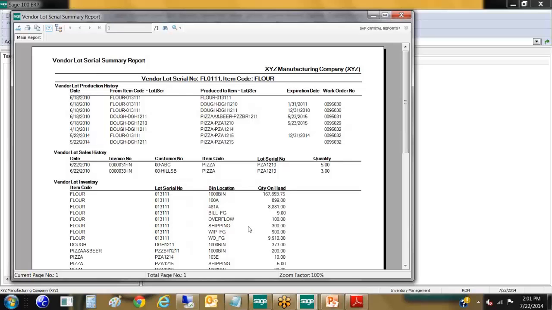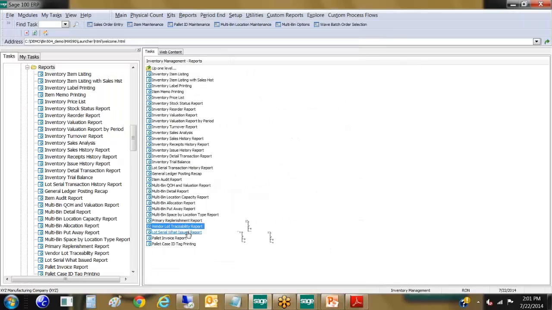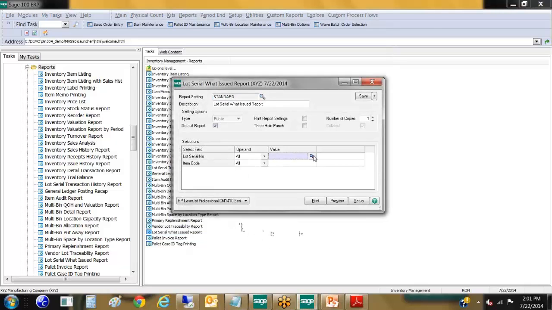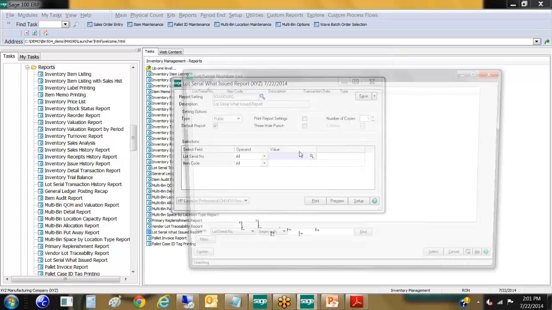On this summary report, you can reflect quantities also, so you can get a good idea of raw materials into sub-assemblies and the finished goods, and what percentage was done in here. So looking at inventory this way, this is looking up in the traceability report from the raw material up through finished goods. And then we can do the finished good backwards,